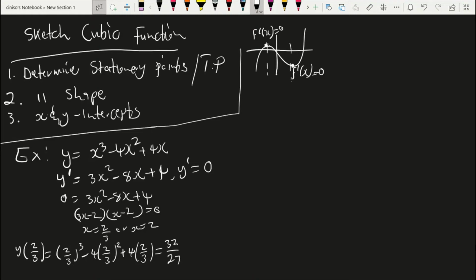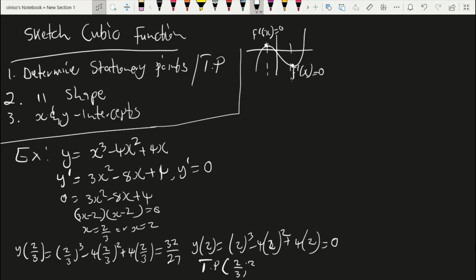And for the other y value, 2 cubed minus 4 times 2 squared, and then plus 4 times 2, will give you 0, right? So now your turning point coordinates will be 2 over 3 and 32 over 27,